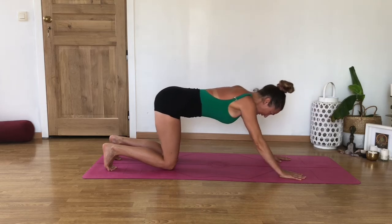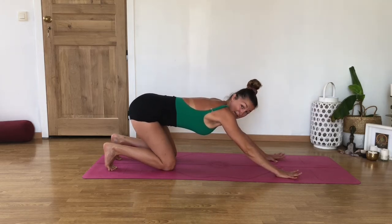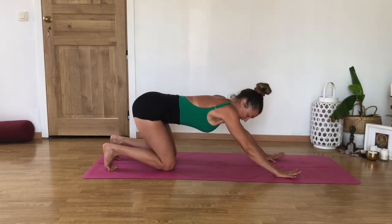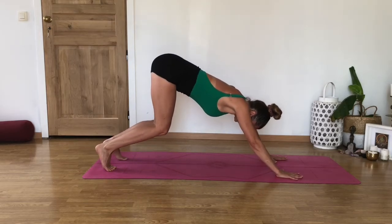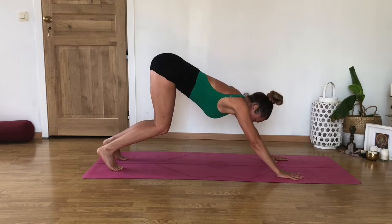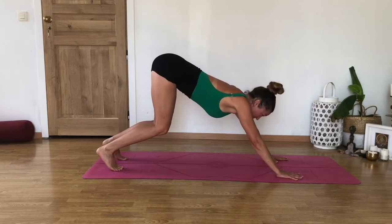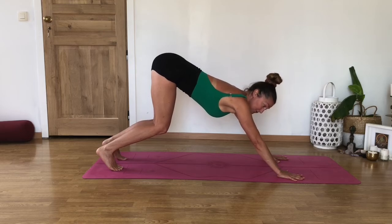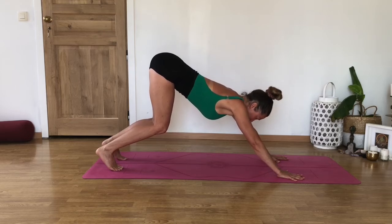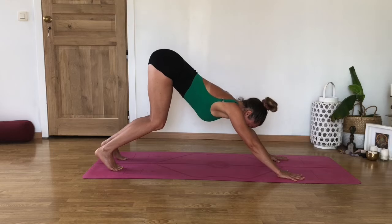This time, as we're now in this crouching position, we're going to push into the tiptoes, lift the knees, take the sit bones high, keep the knees super bent now. Like in a crouch down dog, you want to feel now your hands on the ground. Your hands are super grounded, the space between the right first finger and thumb is grounded,